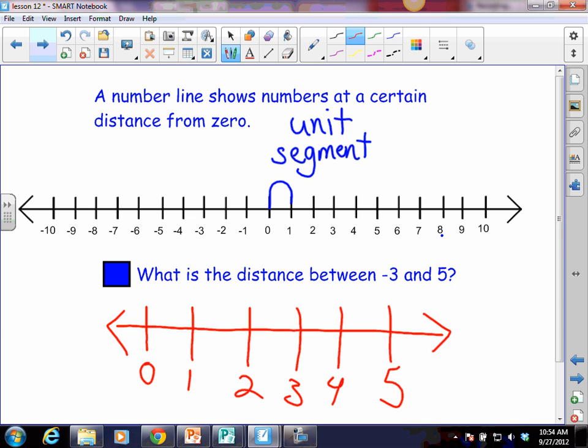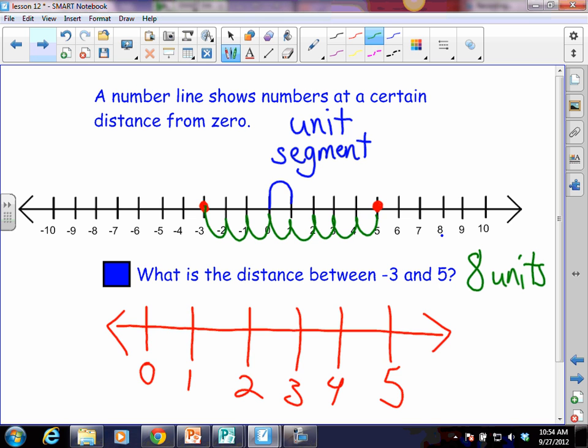And to solve for this problem, we're going to look at our number line. We're going to go right to -3 there, and it says we want to go to 5 here, and so we want to count our segments. 1, 2, 3, 4, 5, 6, 7, 8. And so the answer to our problem is 8